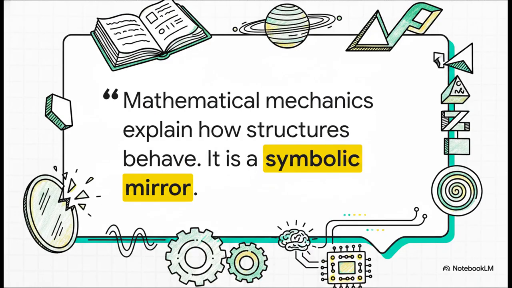Now, right up front, I want to be super clear. We are not doing a literal tafsir of a physics textbook here. What we're looking at is a symbolic mirror. The idea is that mathematical mechanics explain how physical structures behave, and they reveal how both physical systems and ancient texts might actually be running the exact same underlying program. It's a continuous covenant state traversal mapped onto a very specific sequence.